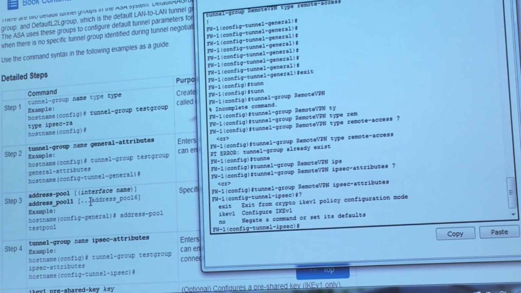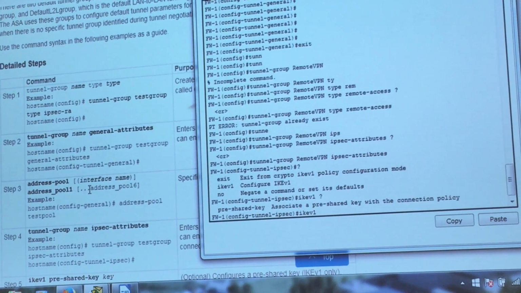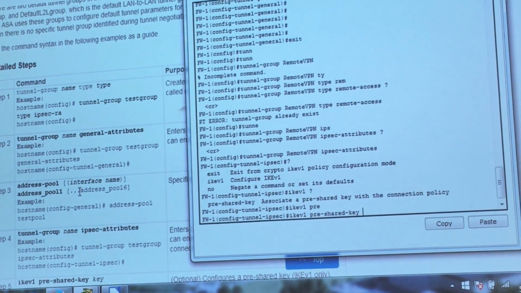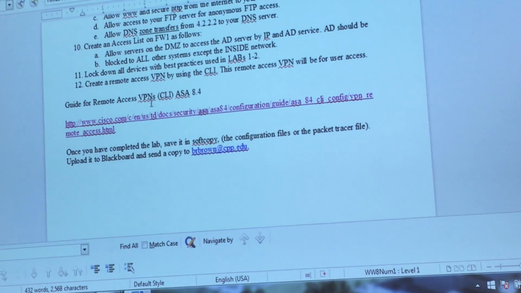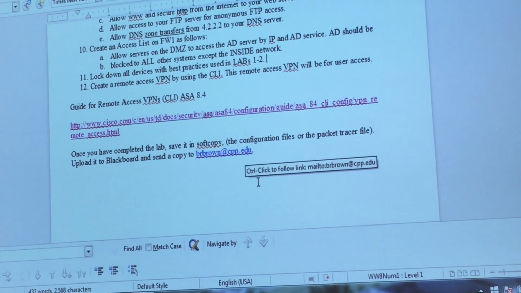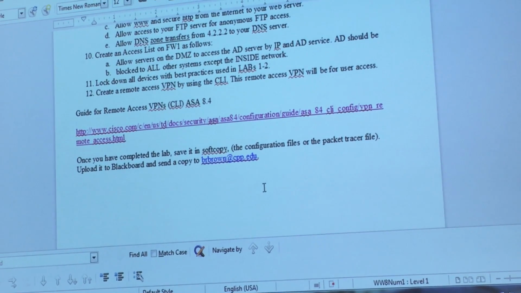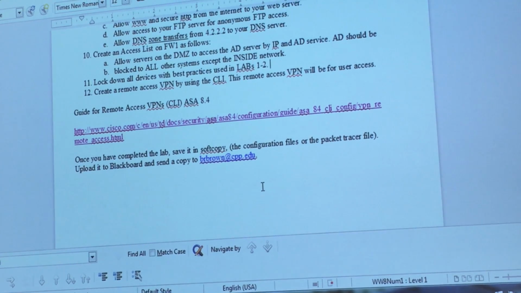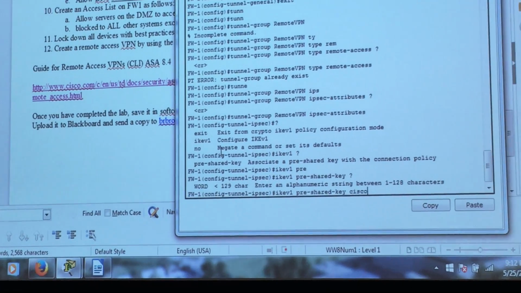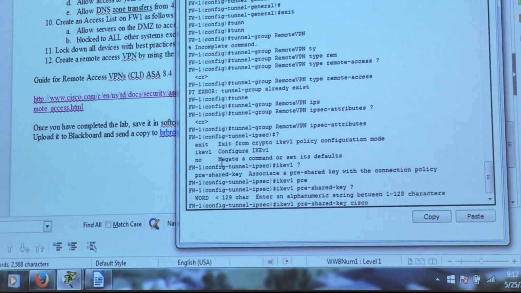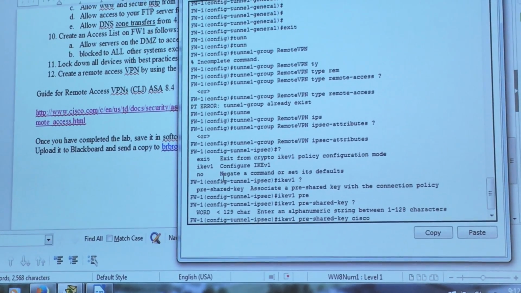Alright, and from here, we want to configure IKE version 1, because we're using IKE version 1. Pre-shared key. Now, I don't think I actually mentioned in here what you should make your pre-shared key. Let's just go with Cisco, lowercase. Don't ever do that. This is for instructional purposes only. So that's where I make my symmetric pre-shared key that's going to work with everything. Everybody understand that? So what I did here,